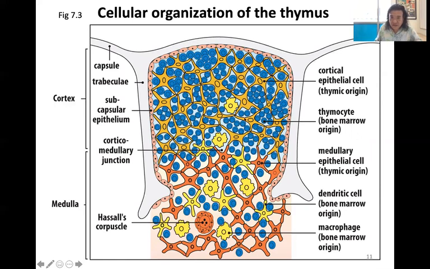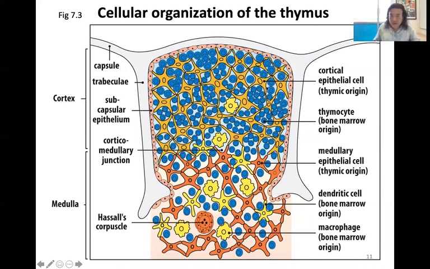This darker region up here is what we call the cortical region, or the cortex. This is where brand new cells that have come from your bone marrow and have left your bone marrow, but are still undecided as to what they're supposed to become. Am I supposed to be a natural killer cell? Am I supposed to be a T cell? I don't know, right? When those cells make their way into the thymus, this is where they start